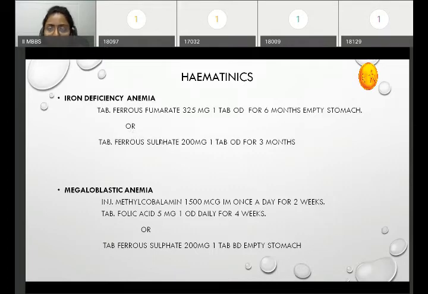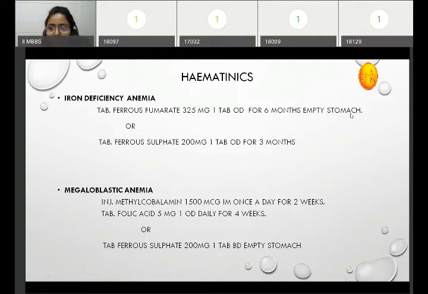While prescribing, you have to see how much elemental iron is present in that salt. Mostly ferrous sulfate was used previously more commonly because it is the cheapest form, but its elemental iron is very less. So nowadays ferrous fumarate, ferrous ascorbate or ferrous citrate are used because their elemental iron is believed to be up to 33%. Its dose is 325 milligram. Ferrous fumarate is given 325 milligram, one tablet once a day for 6 months,